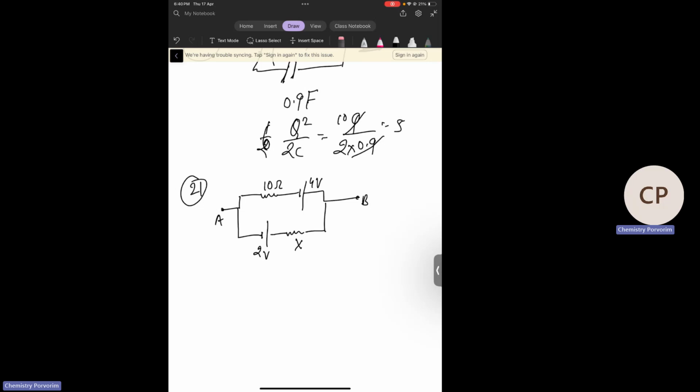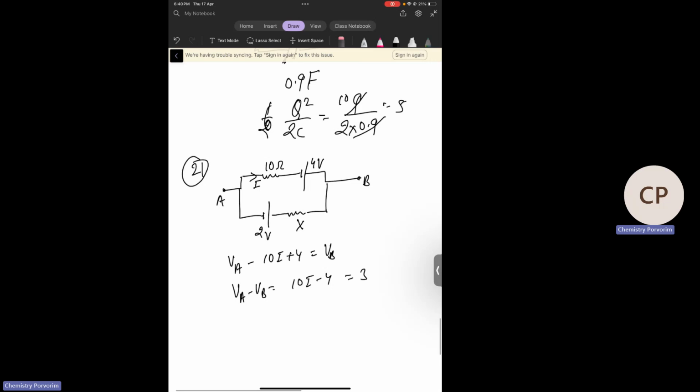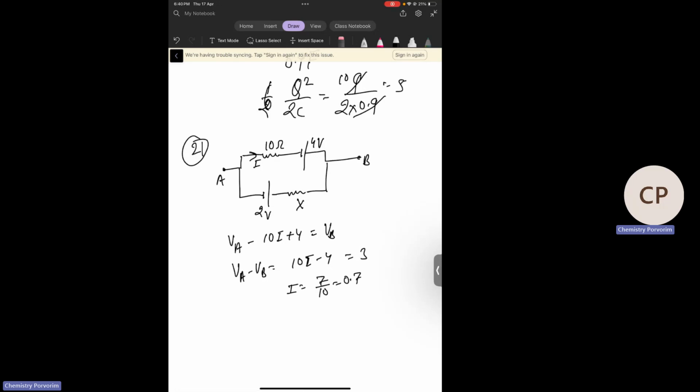So from this, if current in this is I, so VA minus 10I plus 4 is equal to VB. So VA minus VB is equal to 10I minus 4 and VA minus VB is 3. So I is 7 by 10, 0.7, and if current in this is 0.7, then